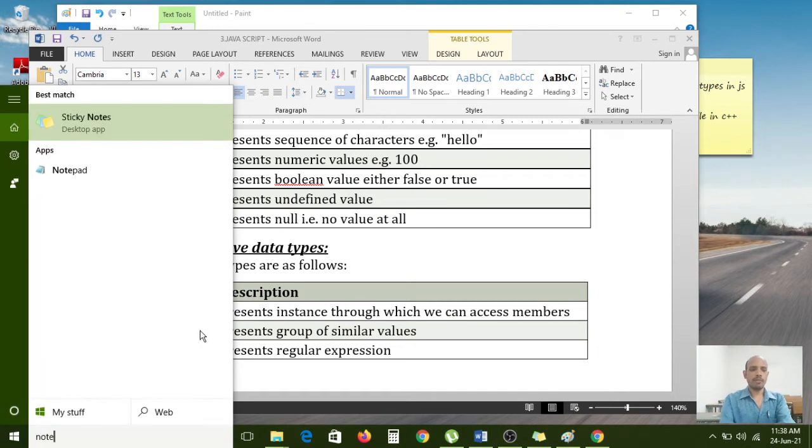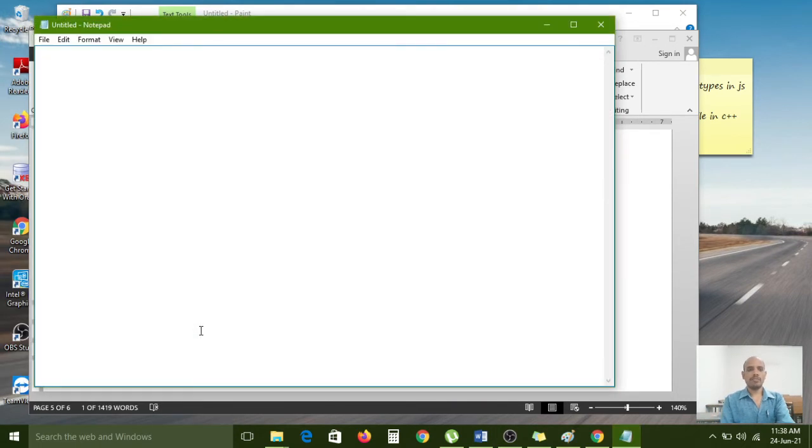For that I am opening Notepad. Carefully observe here. Now HTML open and close tag, and here the head section, opening and closing head section, and I want a title. What is the title? What is the concept going on right now? Data types.